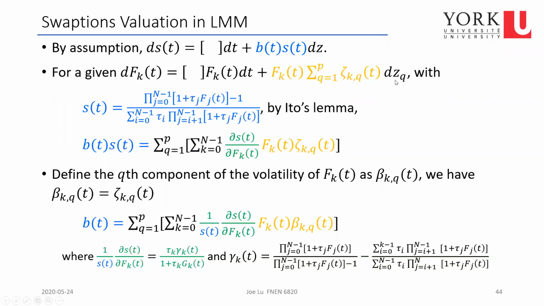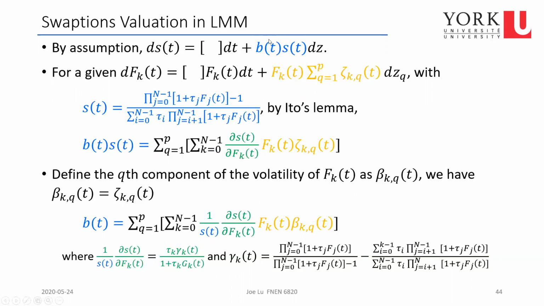You can also do a single factor here, but to remind you that the swap rate here is a single factor process. Okay, so basically this is like a summarized information of all the information that we have, the more flexible structure that we have here. So by Ito's lemma,